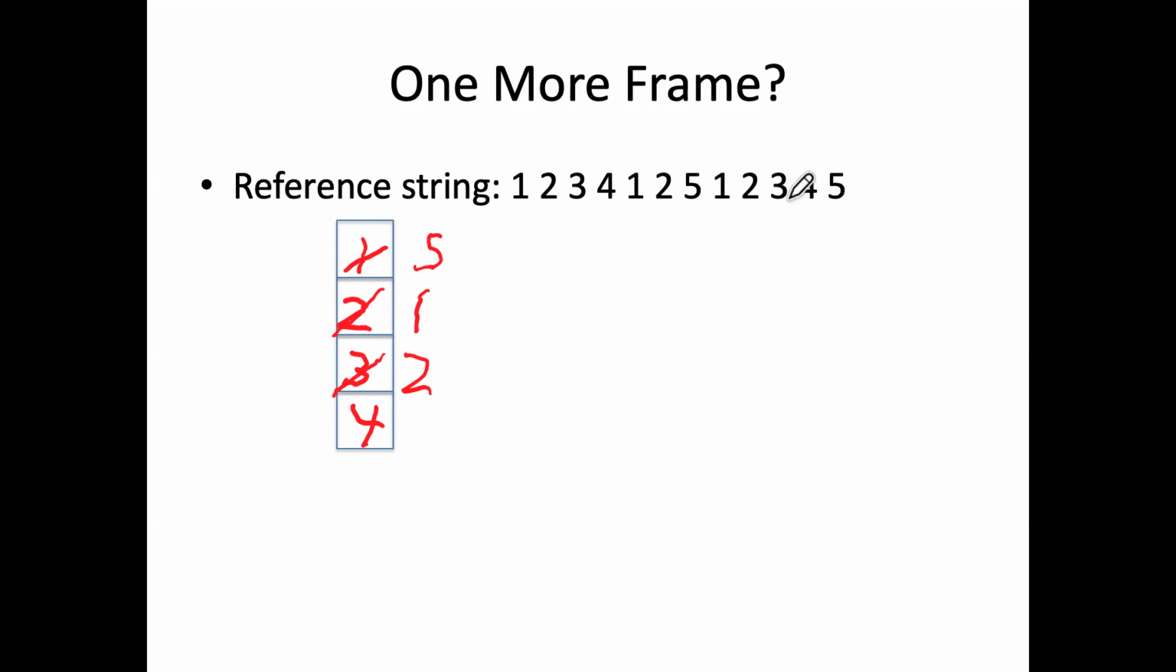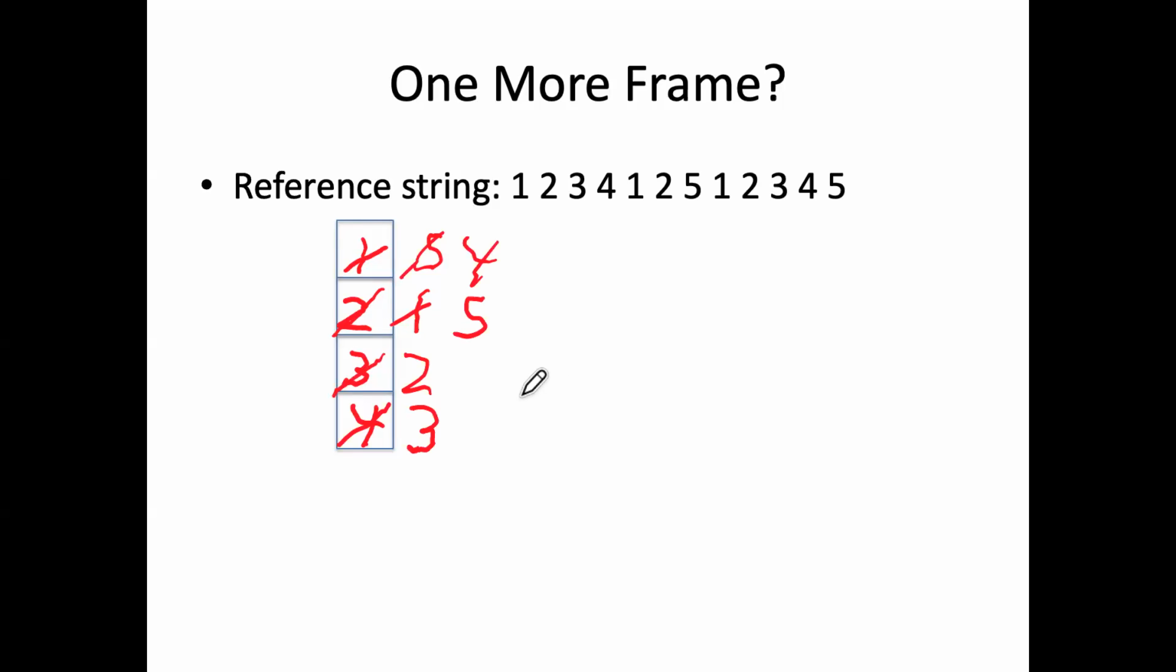Then we access page 3. Now it's not in memory, so we're going to have to throw out page 4 to bring in page 3. Then we access page 4. And that's not in memory, so we throw out page 5 to bring in page 4. And lastly, we access page 5. And again, it was just in memory, but we threw it out. We're going to have to throw out page 1 to bring in page